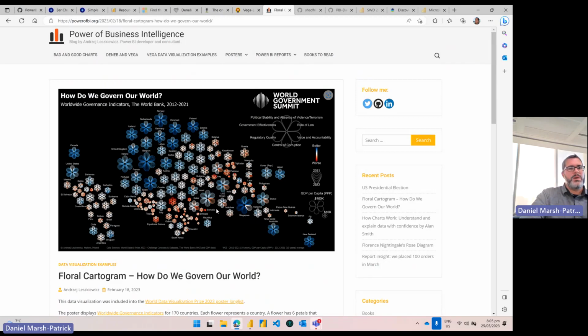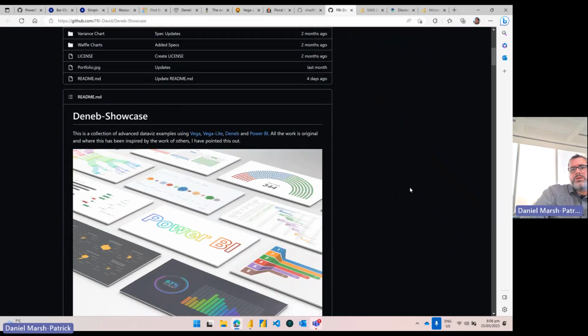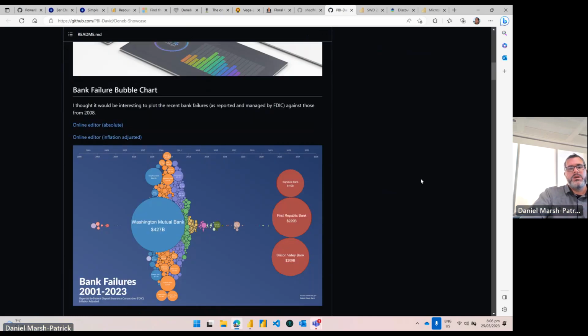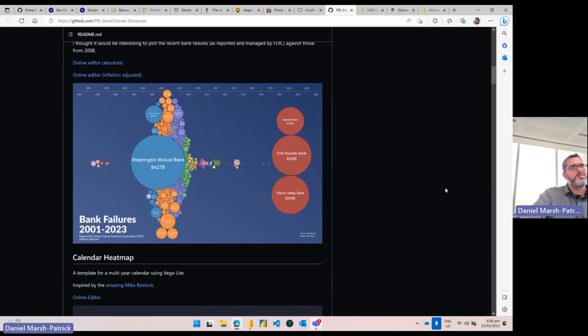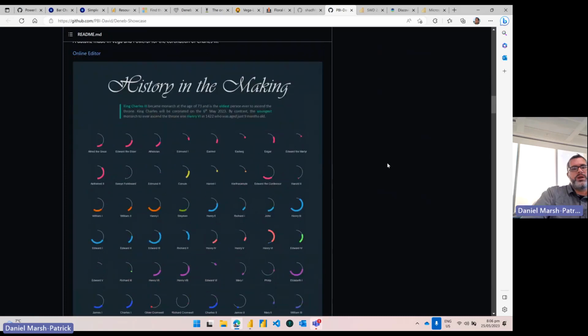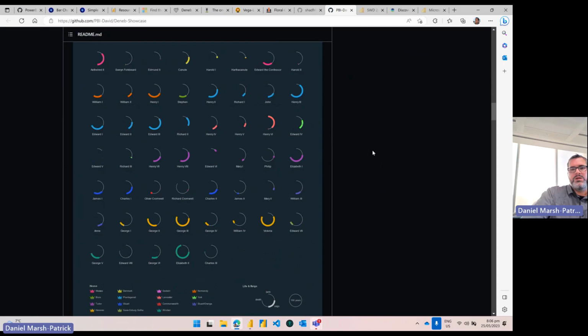So this is an isotype map. It's a stylized map, but there's a lot of measures and metrics in here about how the world is governed. David Bachi, if you follow him on LinkedIn, he is really pushing the boundaries. He makes all his work available. He's built this bank failures plot, which is doing the rounds on Wall Street Bets on Reddit quite a lot, and data is beautiful. Calendars, the coronation recently, he did a chart to show lifespan of monarchs and